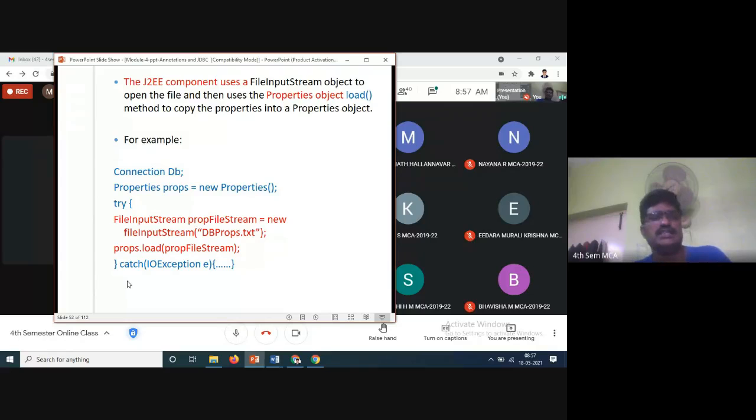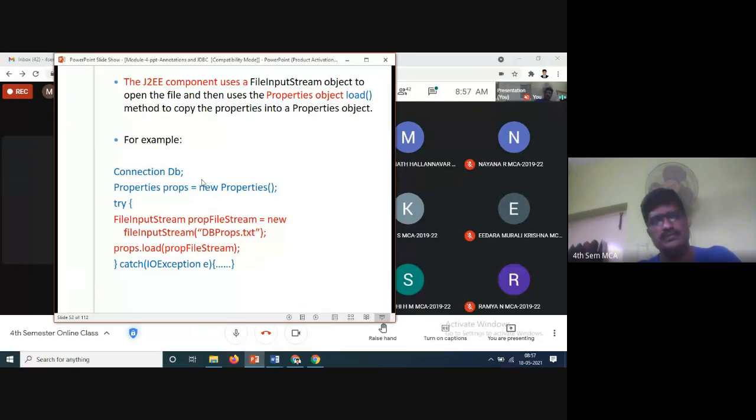Simple: Connection DB, Properties props, new Properties, we have to use it. Try-catch we have already discussed. Whenever you are using exceptions and something goes wrong, it will show the errors. Otherwise we have to wait and we will not get any information if some infinite loop or some error is happening. That is the reason exceptions are also required. Wherever the errors occur, it will show the errors.